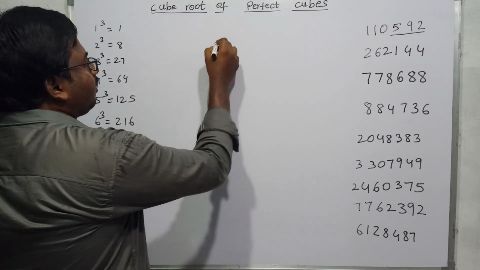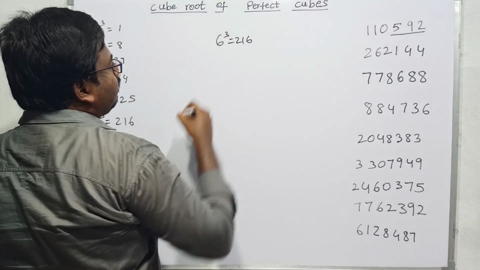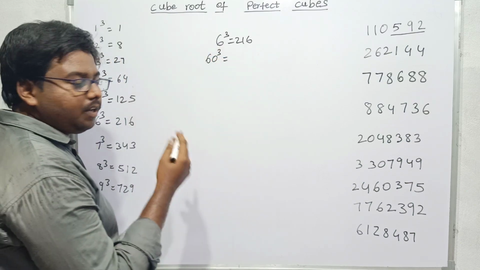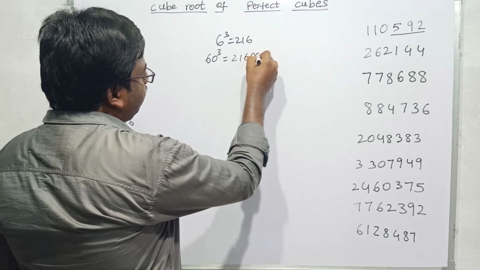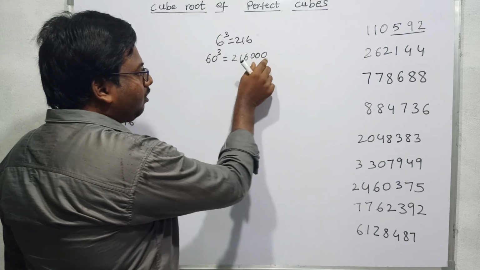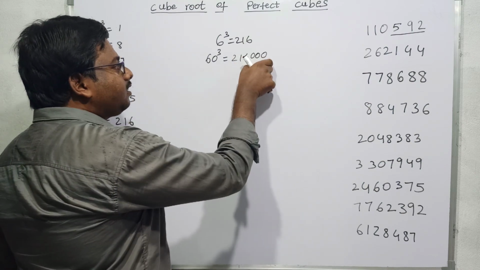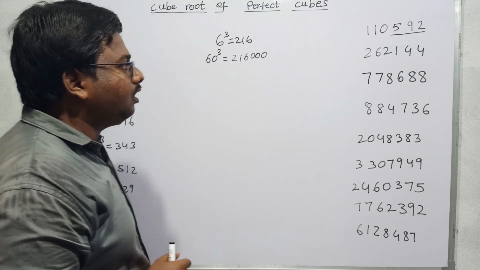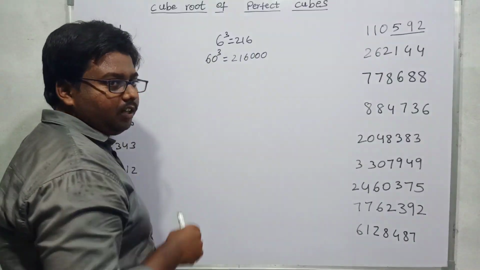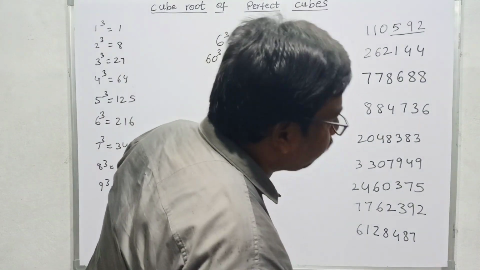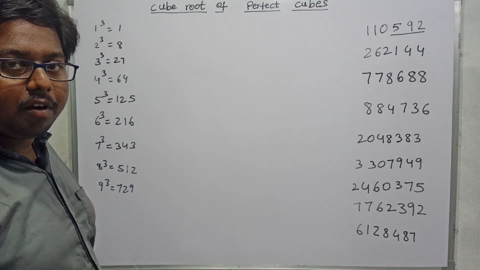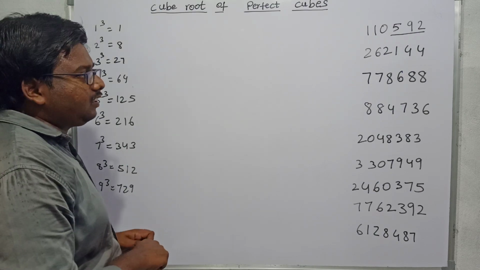We know that 6 cube is 216. If I want to find the cube of 60, then I have to multiply this with 10 cube, and I will get 216,000. If I see this clearly, by multiplying with 000, I get 3 extra digits here, and I got 1 digit extra in the number being cubed. So these extra 3 digits represent 1 digit and the remaining 3 digits represent 1 digit. From this I can say that it is the cube of a 2-digit number. That is why, to get clarity on the number of digits, we group the cube in 3 digits.